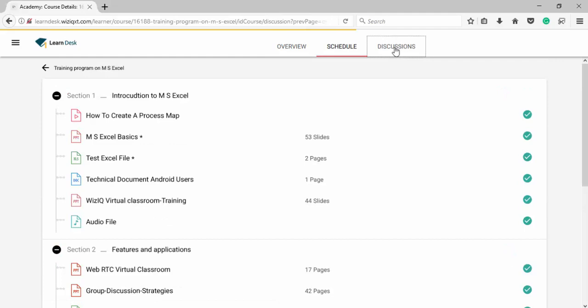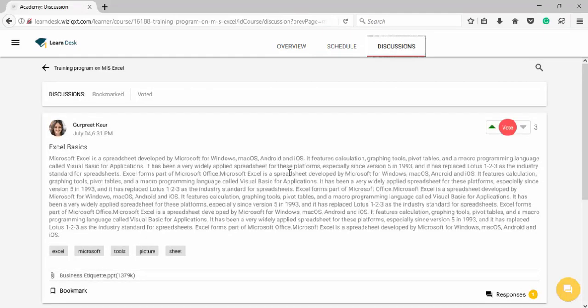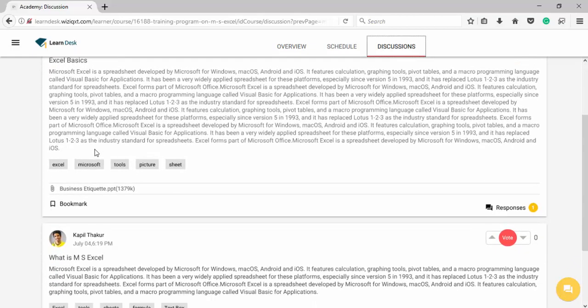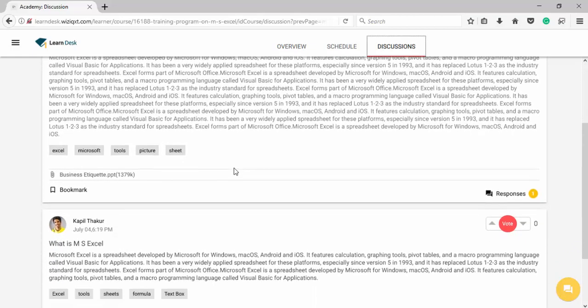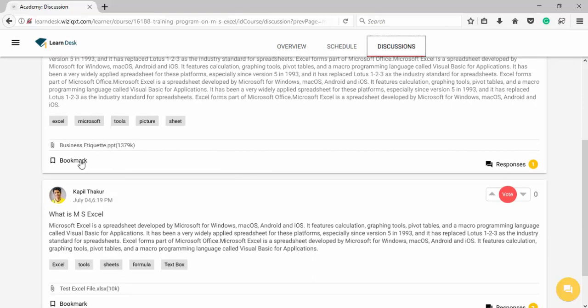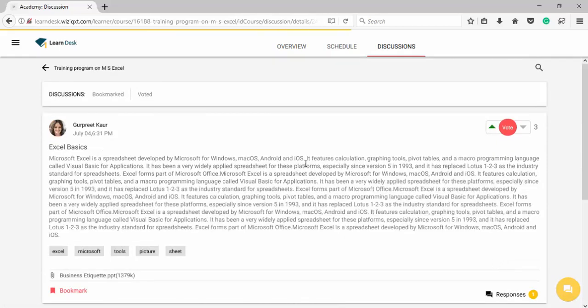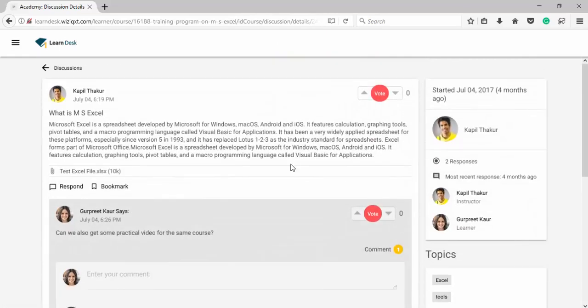Then the final thing is the discussion forums. So this is primarily meant for the collaborative learning amongst learners who are enrolled in a specific module. So you can see these are different discussion topics. I have tags to the discussions. I can also attach files. I can also bookmark them, and whosoever is present in this course can anytime go ahead and start a discussion